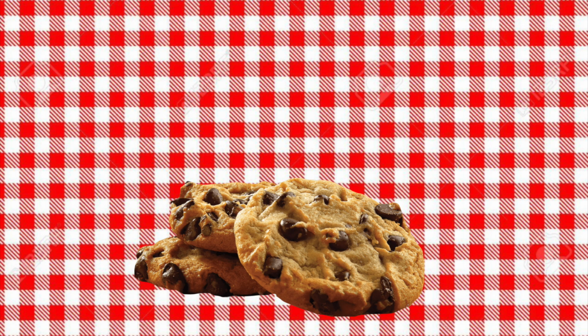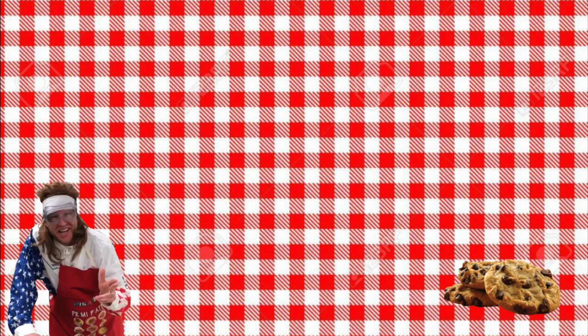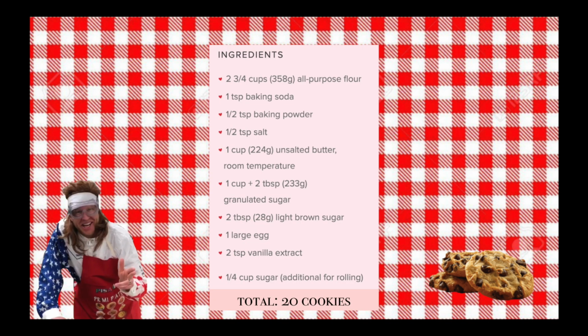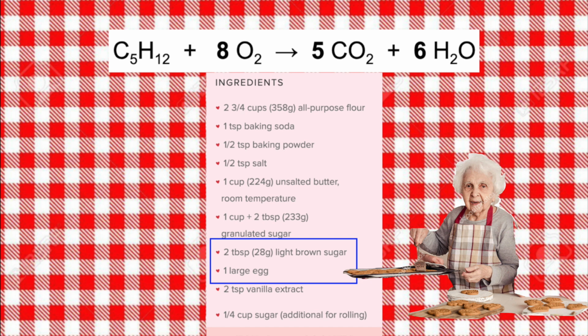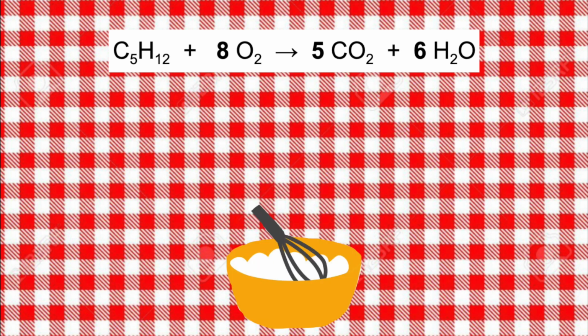So, I like to compare stoichiometry to baking. Booyah, look at that guy there. For example, here's a recipe for 20 cookies. See the numbers next to the ingredients, like 2 tablespoons of brown sugar and 1 large egg? Well, these numbers can be compared to the numbers in a balanced chemical reaction. So, looking at Grandma Bird's Nest recipe, you need 2 tablespoons of brown sugar and 1 large egg to make 20 scrumptious cookies. But looking at this chemical reaction, which we can think of as a recipe, instead of talking